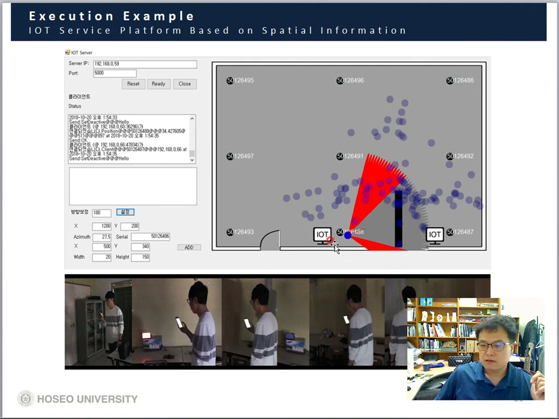In this case the user is here, and there is some object there, but the system knows this situation. So this one is activated, but this is not activated.